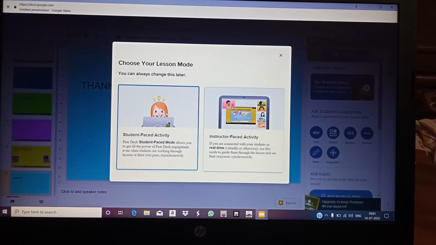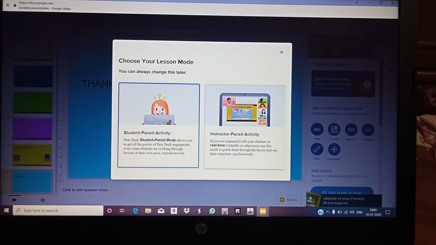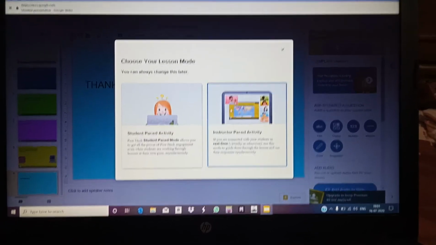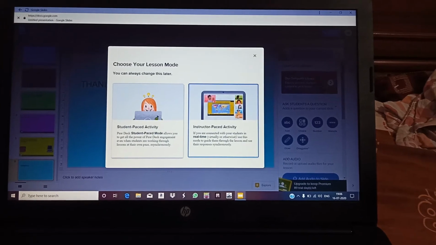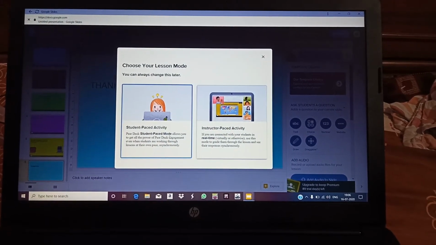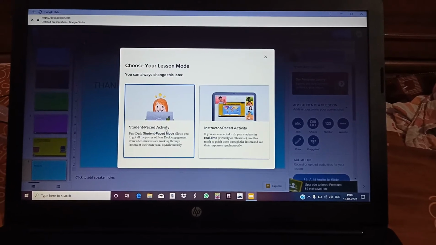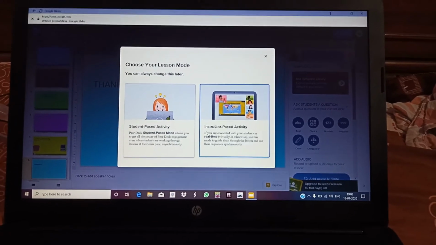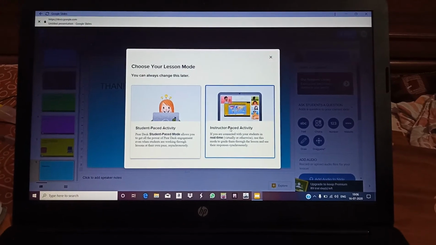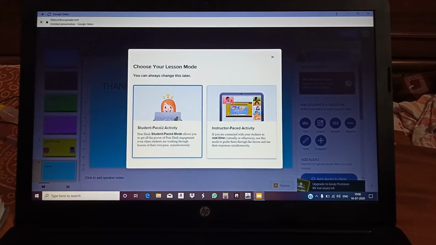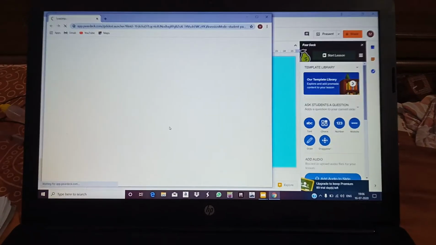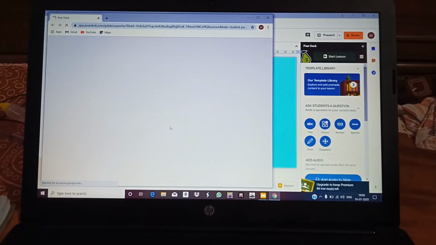If you are offline, like I am right now, I am not online, so I will choose this. If you are online in a Zoom class or Google Meet, anywhere, then you will use instructor paced activity. Means if you are not in a live meeting, you will click on student paced activity, and if you are in a live meeting like Zoom or Google Meet, you will click on the instructor paced activity. Right now, as I am not in a live meeting, I will click on student paced activity while making it.